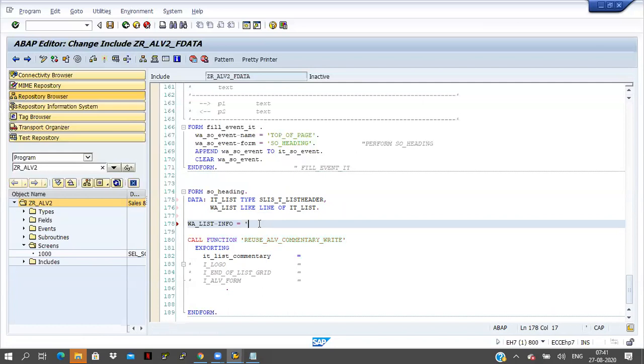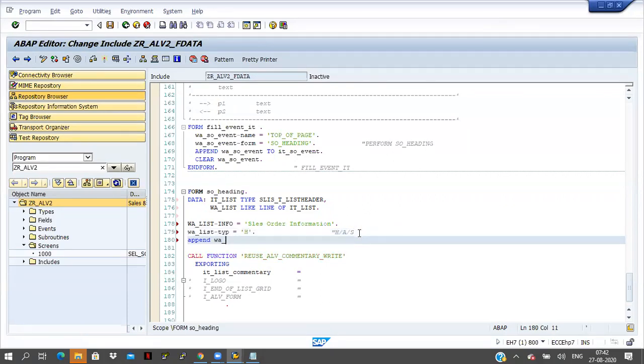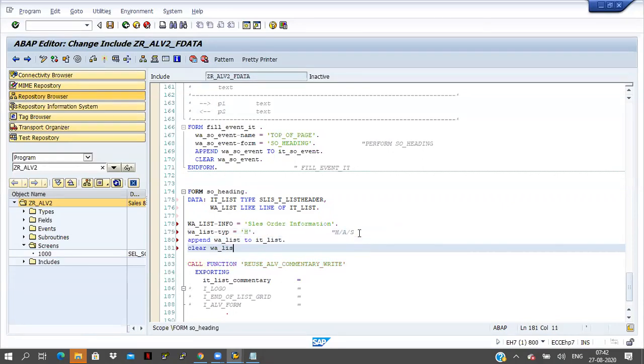Info equal to sales order information, and work area list-type equal to H. Here you can pass H or A or S, only these three things you can pass here.